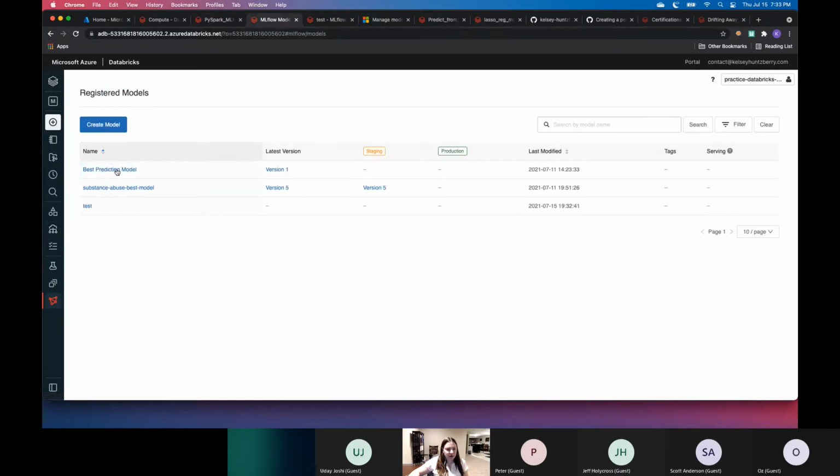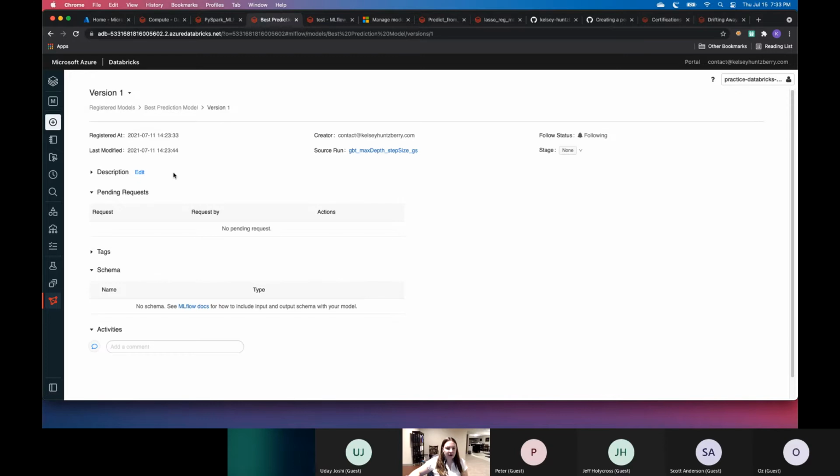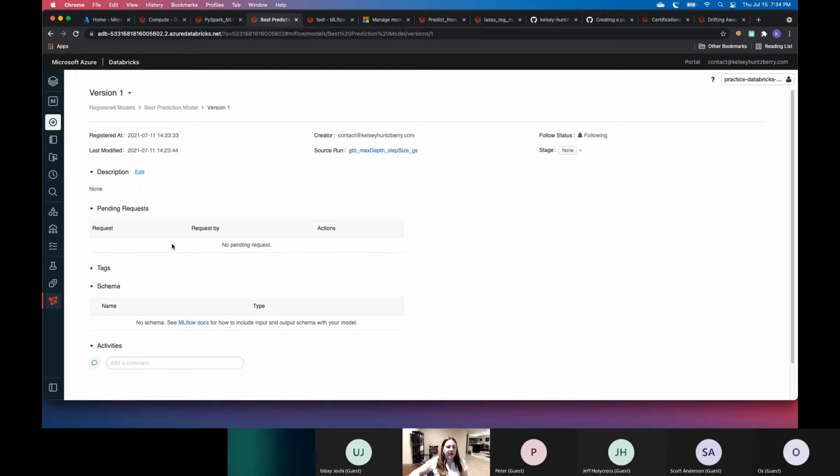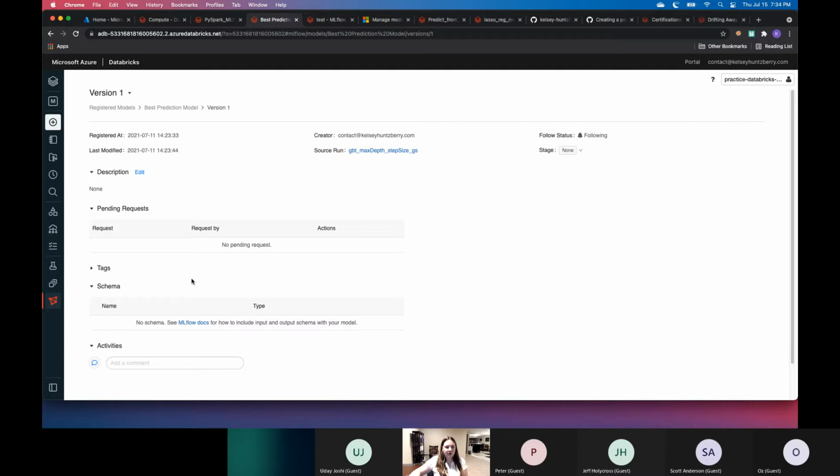So if you select here, you could go to best prediction model, which is the one that I registered. I have one version of it. And if I click here, I can see at a glance when I created it. You can actually add a description, any pending requests. You can add a data schema for that as well, if you want to enforce a data schema as well. So now that we've registered that, we can come in